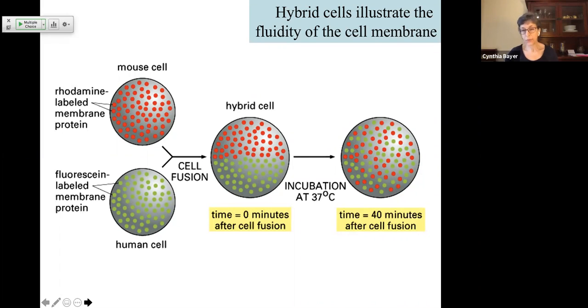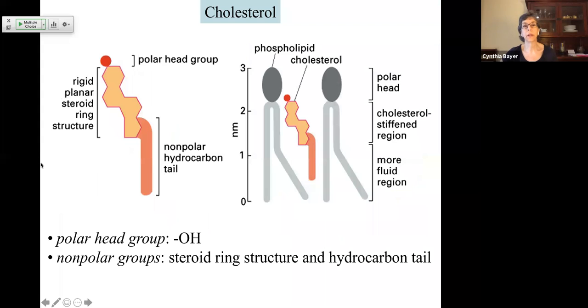So, sticking with the lipid layer for a little bit, let's look at it in a little bit more detail. In animal cells, that lipid bilayer also has about 20% of the lipids being cholesterol. Cholesterol is a steroid-based